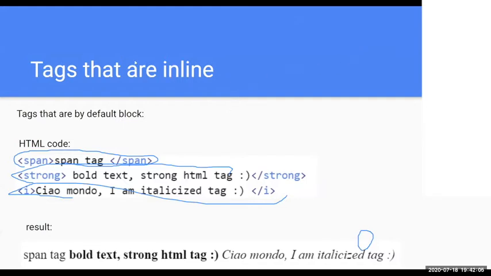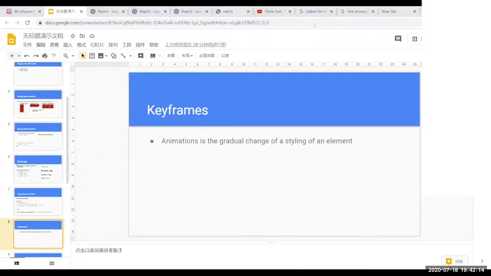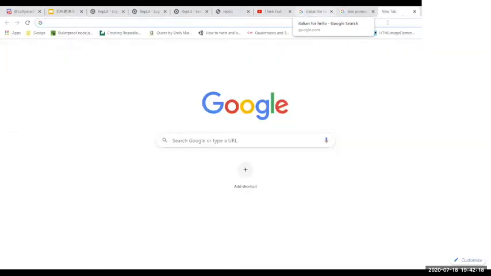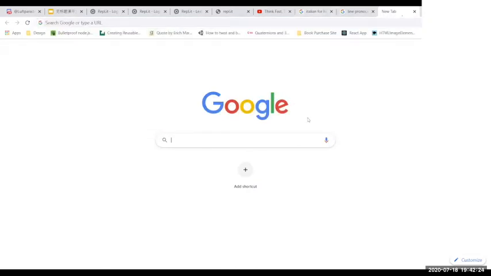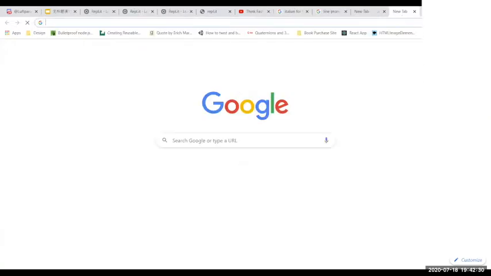All right, that is the end of our slide, and we should get started coding now. The coding tool that we're going to use is called Replit. The way you get it is go to our Google page, and if for some reason you cannot,